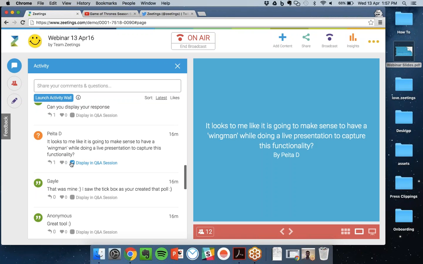Cool. There's a question here about using a wingman. So it really depends on the environment. What we find is that Zeetings was really designed to be used by an individual on their own. So it can absolutely, and generally is, used just by an individual at the front of the room on a single computer, with the slides up on the big screen using Zeetings,